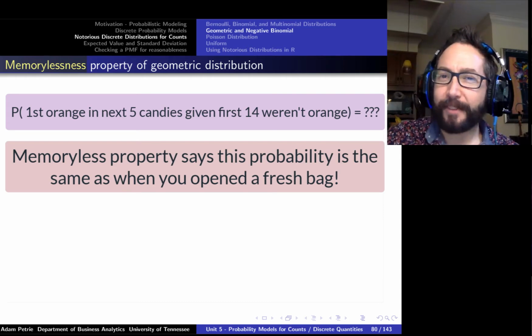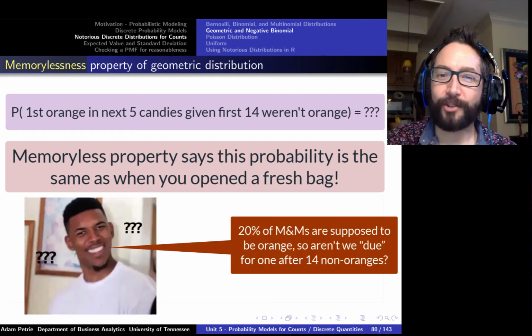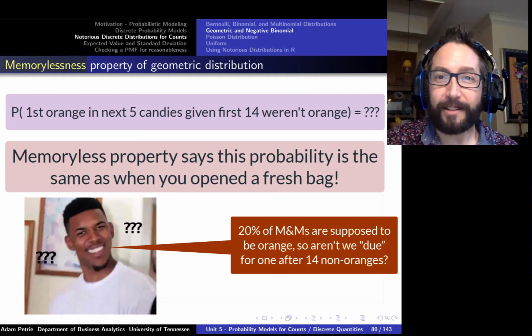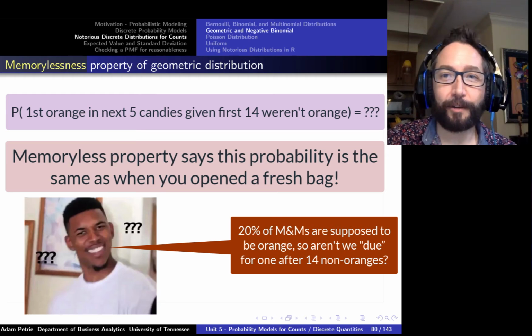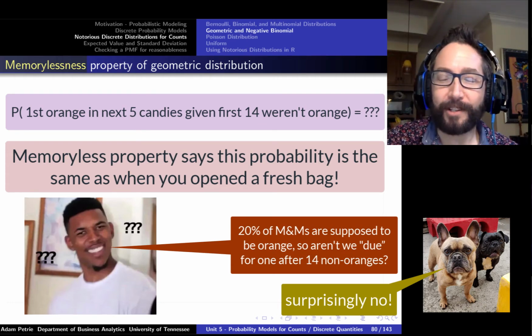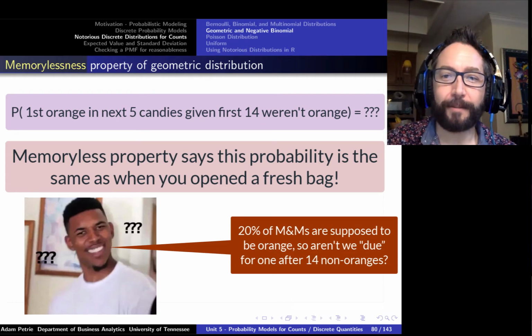And this kind of flies in the face of our intuition. We expect that, after a whole long string of failures, we're kind of due for a success. But if all of the trials are independent, and the geometric distribution is doing a good job at modeling the number of failures before that first success, it turns out that the number of failures that we've experienced so far doesn't influence the expected number of trials until that very first success.